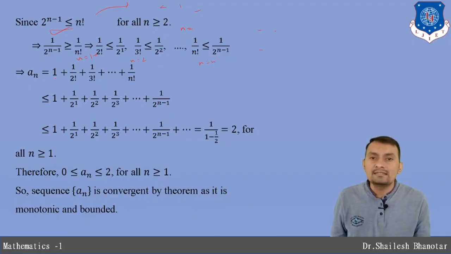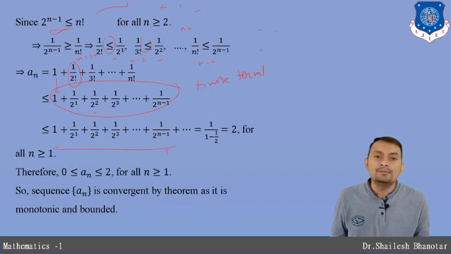So this number, 1 divided by 2 factorial, can be replaced by this number. This number is also replaced by this number, and so on. But always this holds, and so I can write that this is less than or equal. But we can observe that this sum is also less than that sum, because these are finite terms, and this is exactly infinite terms.